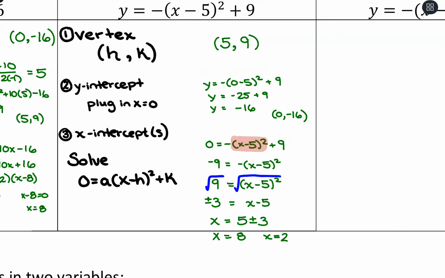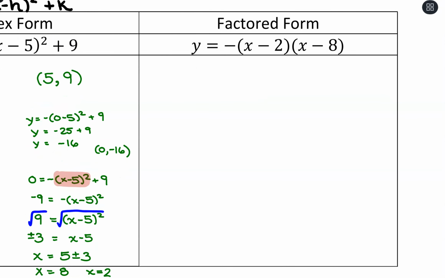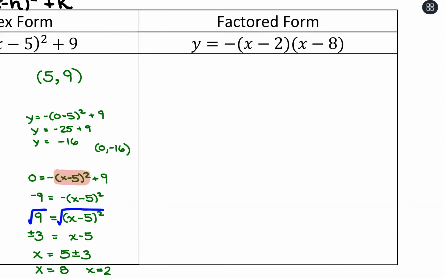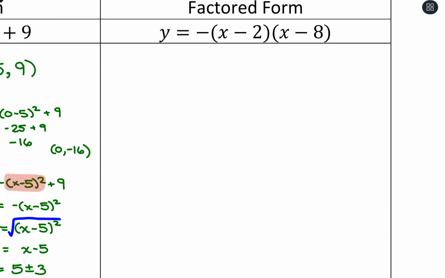So no factoring involved there. When you solve for the x-intercepts with the vertex form, you can use the square root method. Okay, one more case here is the factored form. And this can be a little tricky to write out a general format because there's a lot of ways this can show up. What it's making obvious to us, though, is our x-intercepts. So we're going to start with our x-intercepts here,